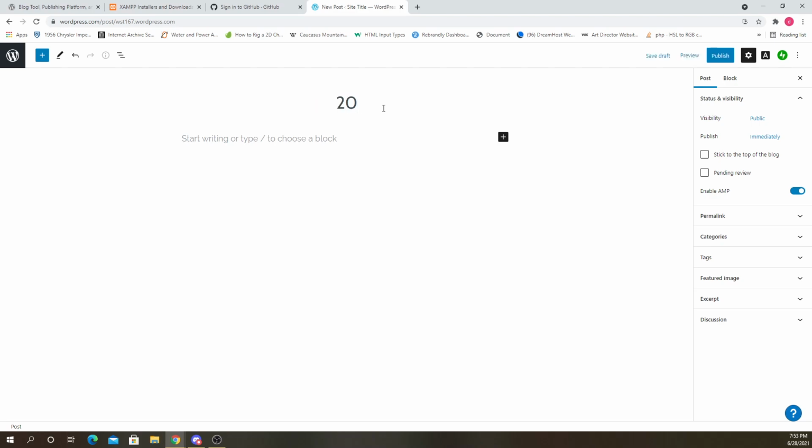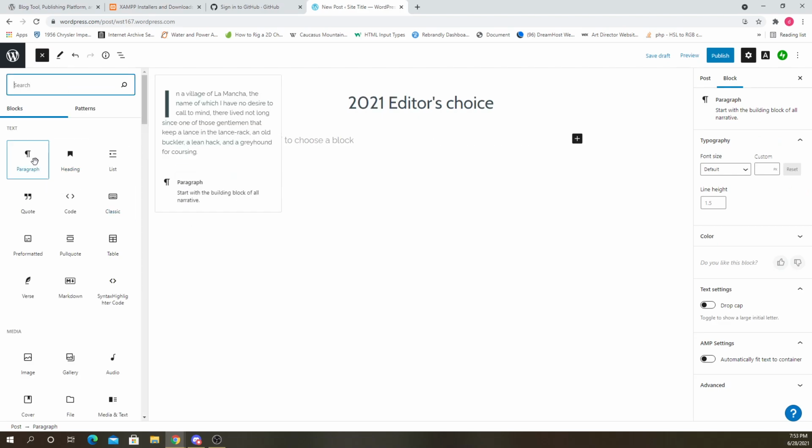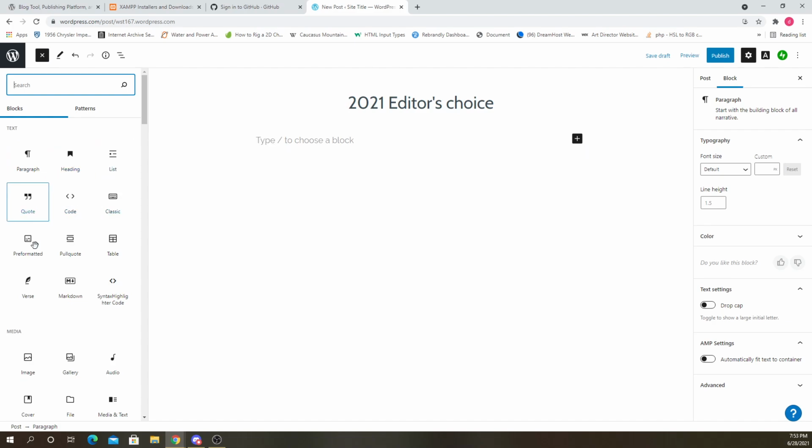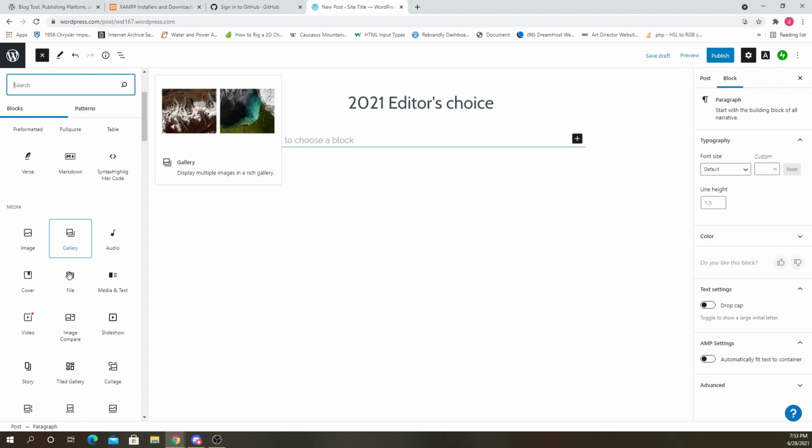2021, editor's choice. And here maybe we want to add an image or an image gallery, or maybe a slideshow.